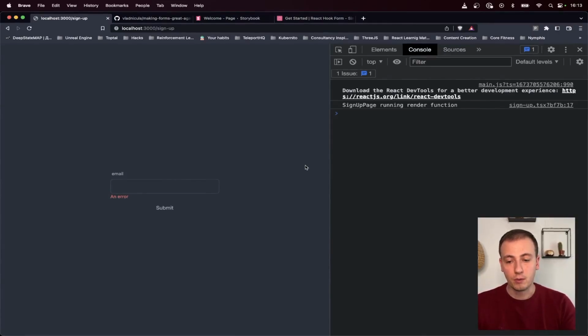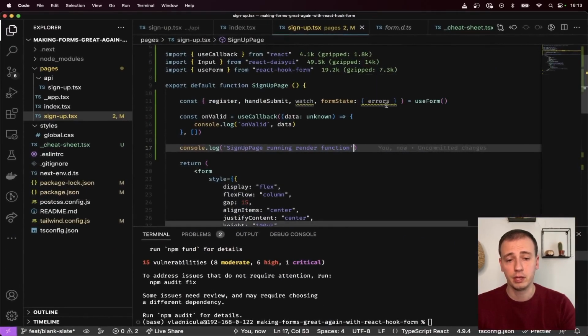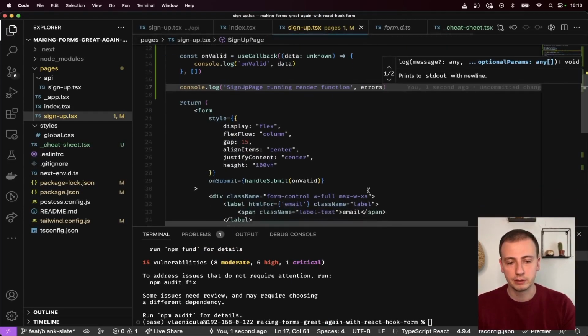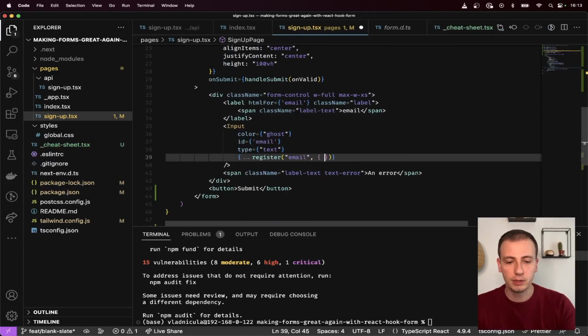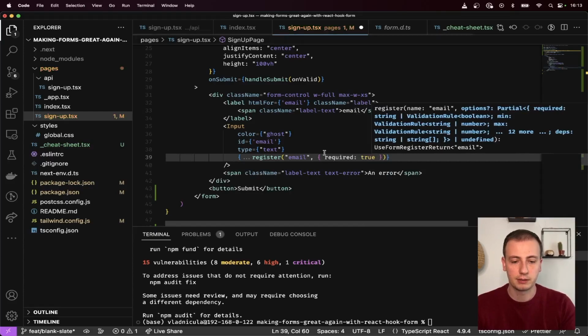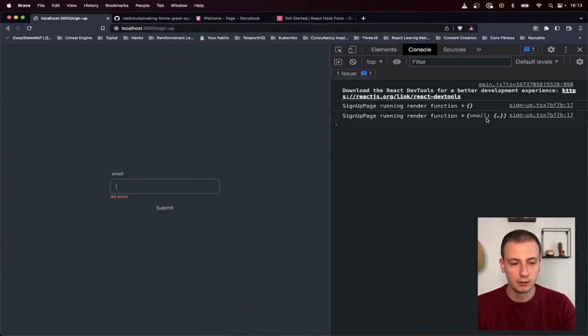Now let's take a look at how we can hook simple field errors from React Form into our UI, because React Form also handles validation errors in a very nice way, actually. In the form state, we have an object called errors, and I'll just go ahead and log this object entirely. And here for the email, I will say that it is required, and we'll see what that gets us. So I'm just gonna save that, refresh the page, and when I press submit, we will see that